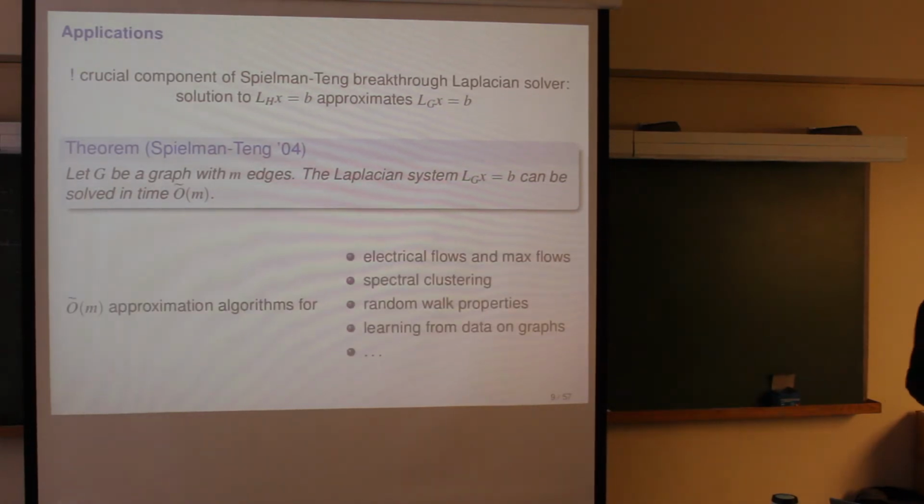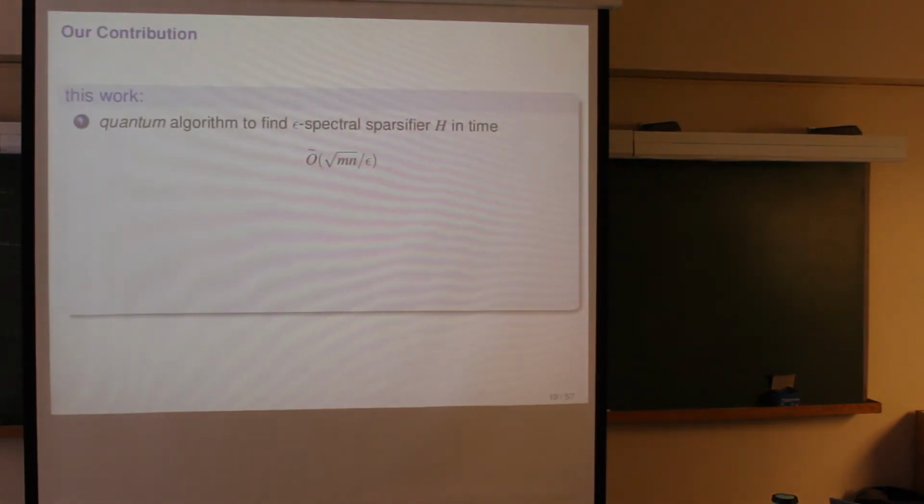This in its turn led to a lot of approximation algorithms. This is what we call near linear. So the initial graph has m edges, so its description size is m. And so you get all these approximation algorithms which are near linear in the input size for things like electrical flows, spectral clustering, random walk properties, learning from data on graphs, and so on and so on. Okay, so I think this nicely illustrates that this is really an interesting concept,